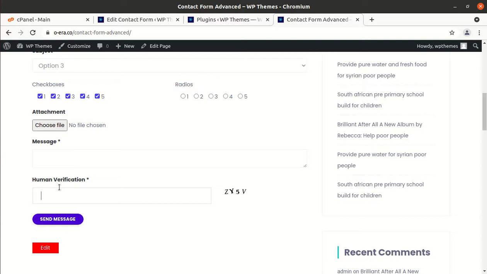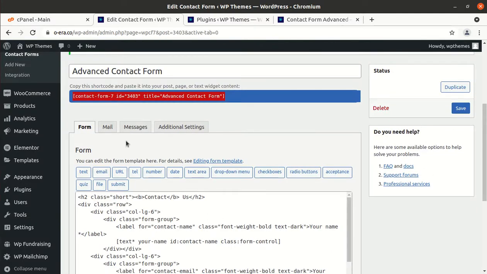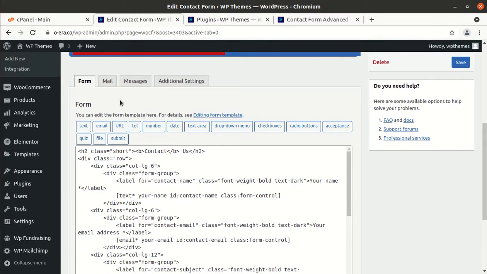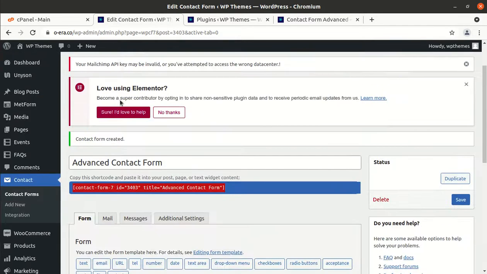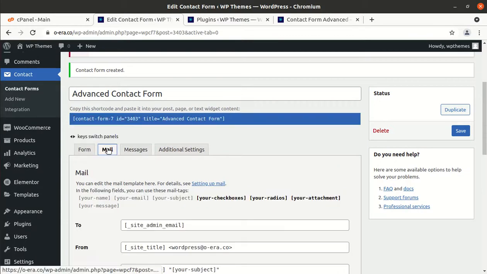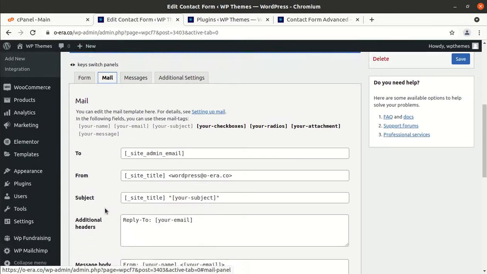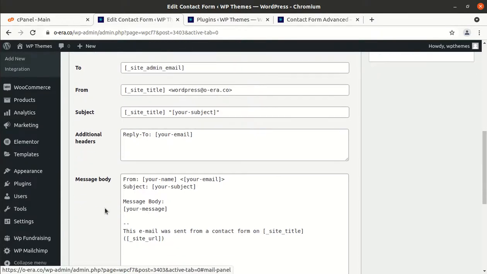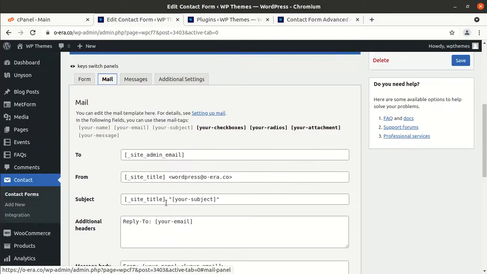So, now the last part is configuring the mail in contact form 7. This is also very important, and I will just tell you how to configure mail, and this is the option. So, okay. So, this is the mail body which you have to use.